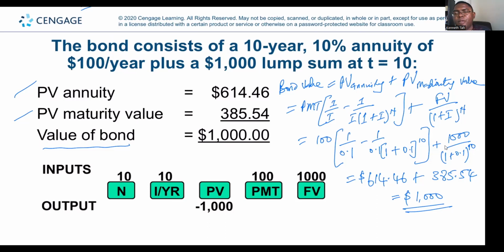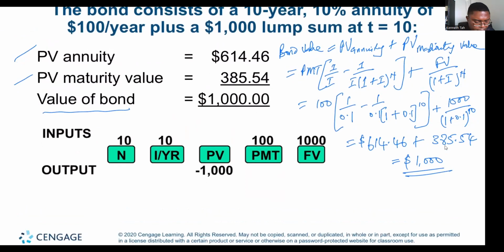So the bond value accordingly will be present value of an ordinary annuity plus present value of the maturity value or the lump sum. So we use our knowledge of time value of money and we can solve this easily. Or if we're using the financial calculator,